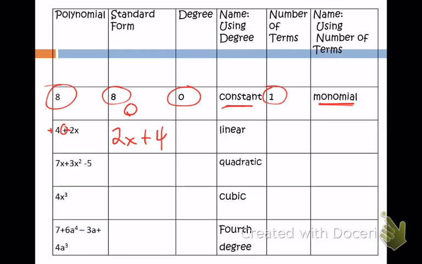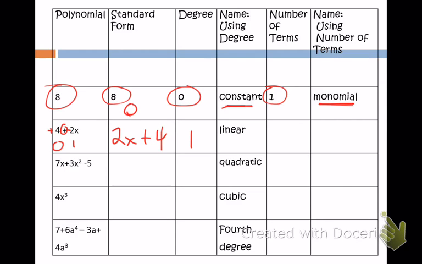Okay? The degree of this polynomial is equal to the highest degree monomial, which again is 1. If the degree of a polynomial is 1, then we name it using the degree, and we call it a linear polynomial. And we've been doing a lot of linear functions, linear inequalities. We've been graphing and solving systems of linear equations and inequalities, and if you remember, all the exponents on those variables were 1, right? So all the monomials had a degree of 1, so the polynomial had a degree of